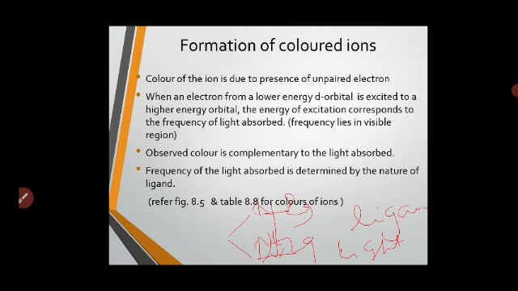That's why, whenever there is no unpaired electron, the d-d transition, that is excitation from one d orbital to another d orbital, does not take place, and hence they are colorless. So the answer you can write, if such a question is asked, why the salts or compounds of scandium 3 plus or zinc 2 plus are colorless, is that there are no unpaired electrons and hence these compounds are colorless.